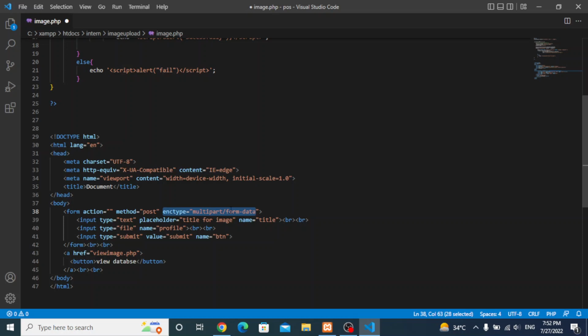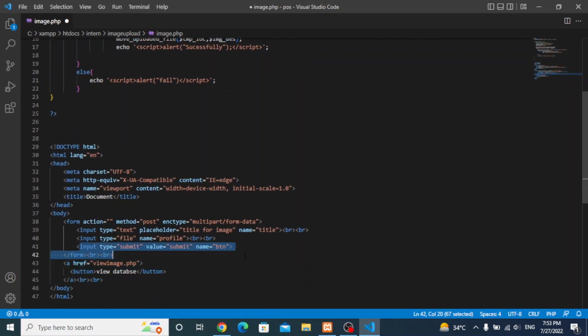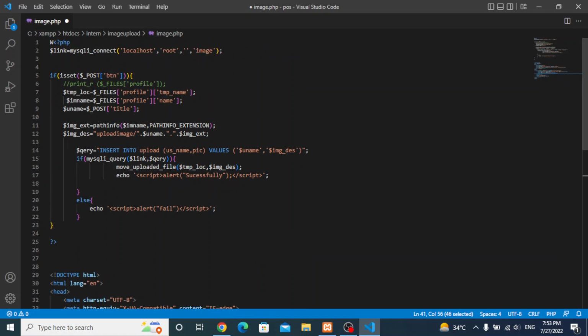First of all, you have to write the enctype multipart/form-data, and in the PHP code, connect your database. I made the database with the name of image, and I made a connection. And in this, I use the if condition, if isset btn, that is from my form. Now I have made a temporary location. TMP lock means temporary location, and the dollar sign FILES actually returns us many things. If I want to show the data,